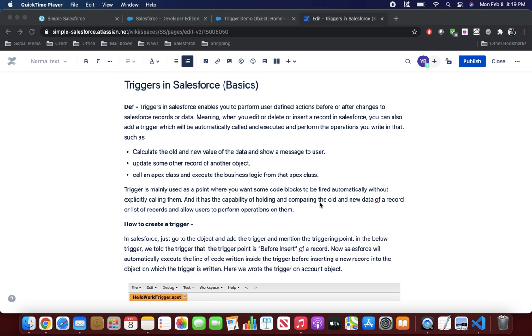Today we'll go through triggers in Salesforce, the basic concepts. So first of all, what is it? What is a trigger? Triggers in Salesforce enable you to perform user-defined actions before or after changes to Salesforce records